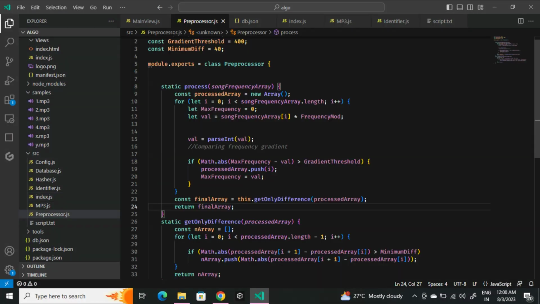This is the preprocessor, but it's actually the most important part. It removes all unnecessary data, basically by doing the frequency gradient thresholding and calculating distances in the peaks. And one more thing, the frequency array we get from a parser is in small decimal values instead of being in integers. So we have to multiply them to start processing. It works just like how I explained to you. The rest of the code is just normal hashing and MP3 file parsing, so I'm not going to explain it in this video,